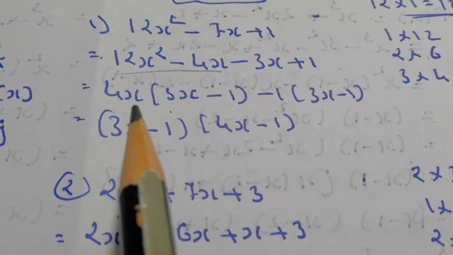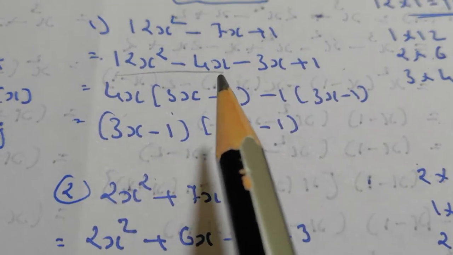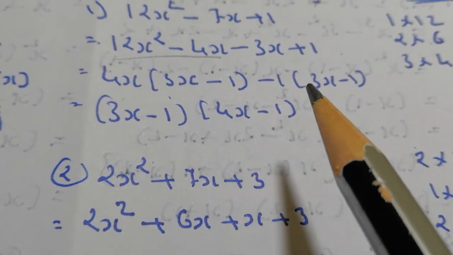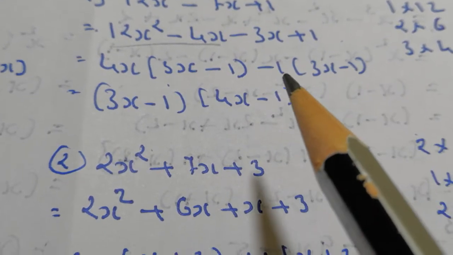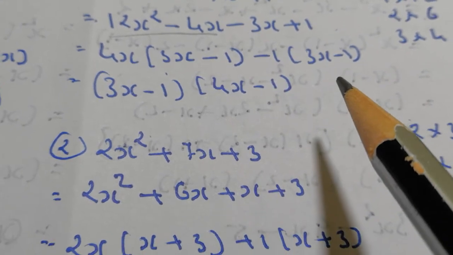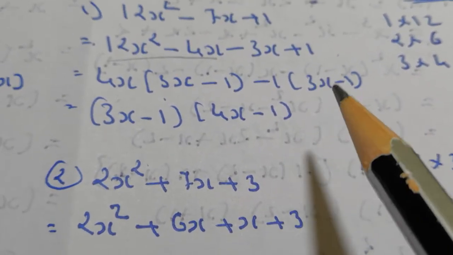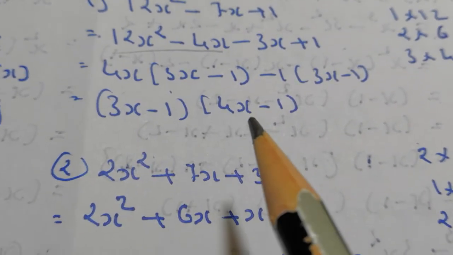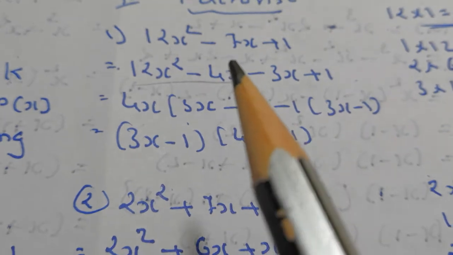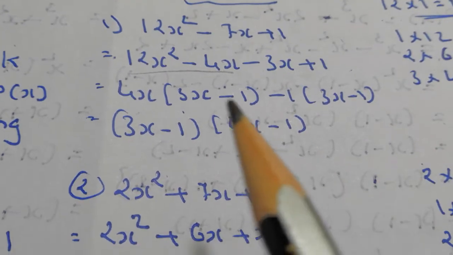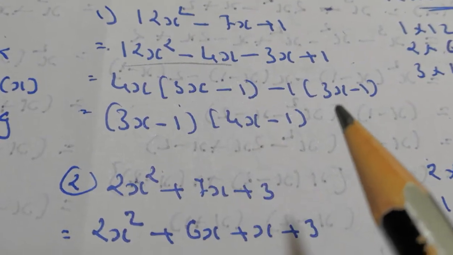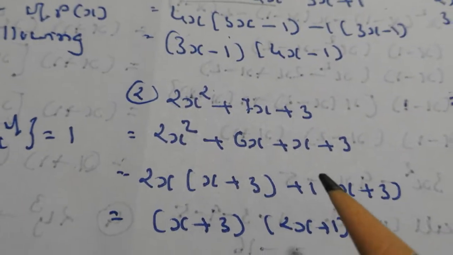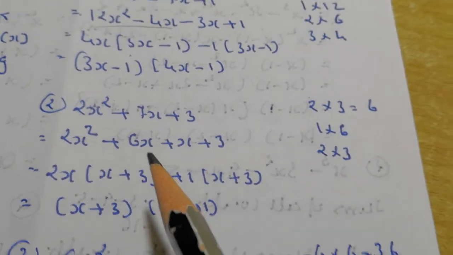From x square I have taken x as common, so x is left. 4x whole as a common, so 4x is taken common. From the last two terms, nothing is common, so I have taken minus 1 as common. So the sign in the bracket changes. The plus becomes minus. So my common bracket is 3x minus 1 and 4x minus 1. For factorization, be careful. These brackets which you are getting should be exactly the same. Then and only then is your answer right. Again, be careful for the second sum. If you have any doubt, please make the doubt clear over here.